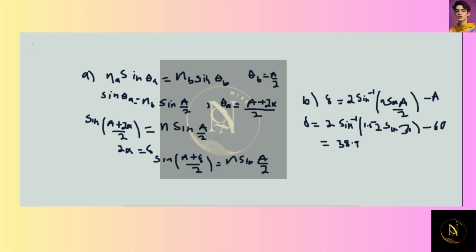This is part B. For part C, for delta red, I will write capital R for red. We will do the same procedure, and we will just replace n by 1.61, and the angle is the same. A is 60 degrees. Everything is the same except refractive index n. If I replace n by 1.61 and plug this value in the above equation, then the delta red I get here is